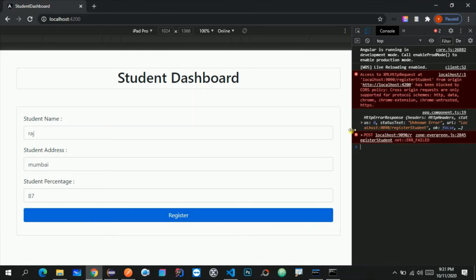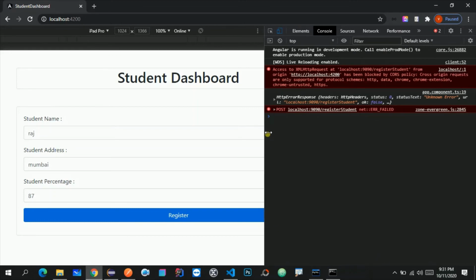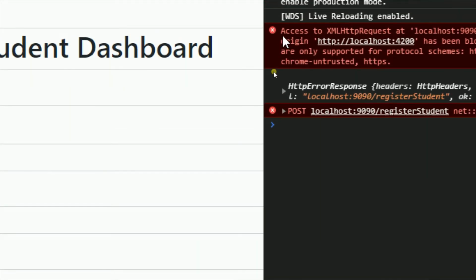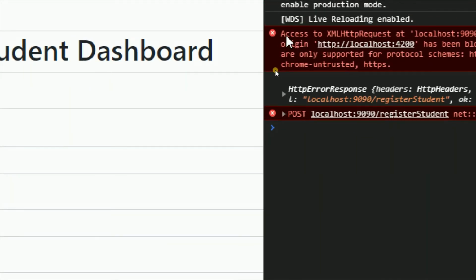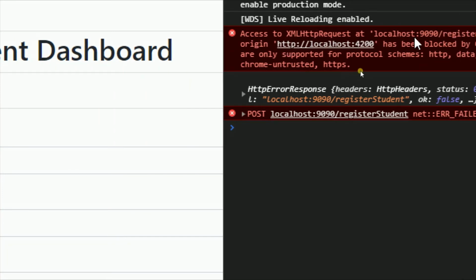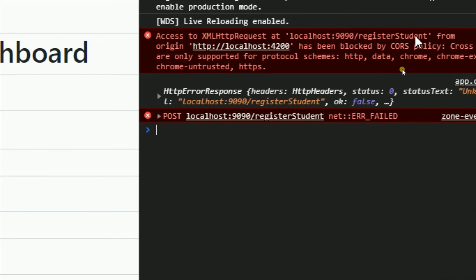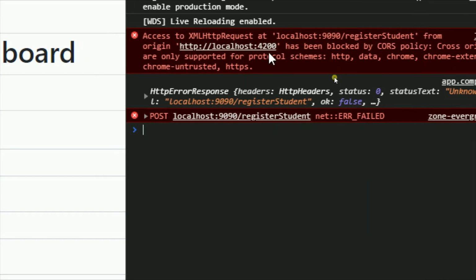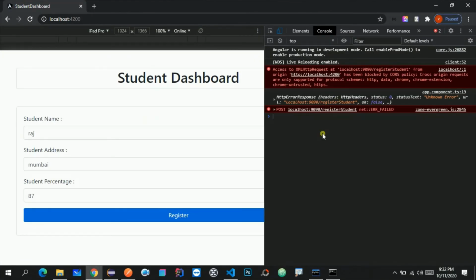So now here, as you can see, we are not able to hit this REST endpoint because it is showing access to XMLHttpRequest at localhost 9090/register student from origin blah blah blah has been blocked. So this is because of the Spring security.